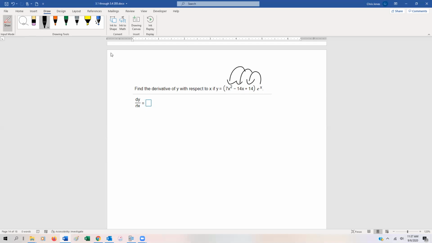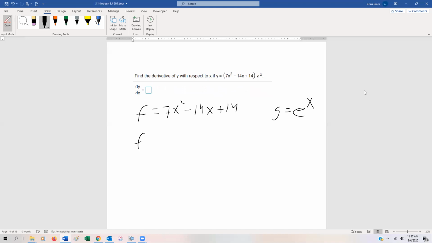So let's just do this. Let's define these functions individually. And so we're going to define f to be the polynomial. So f is going to be equal to 7x squared minus 14x plus 14. And let's define g to be e to the x. Nice and easy. We know the derivative f prime is going to be